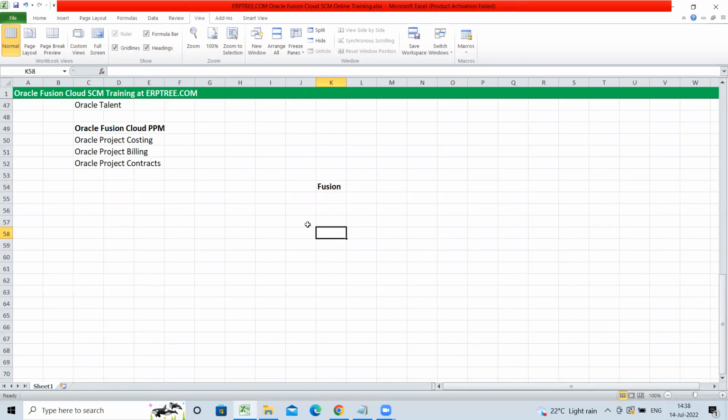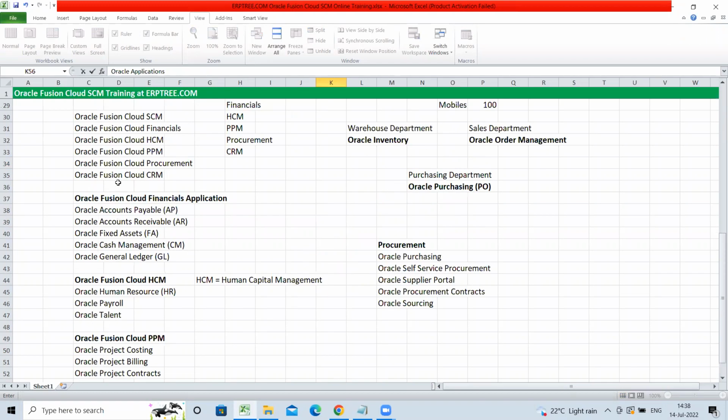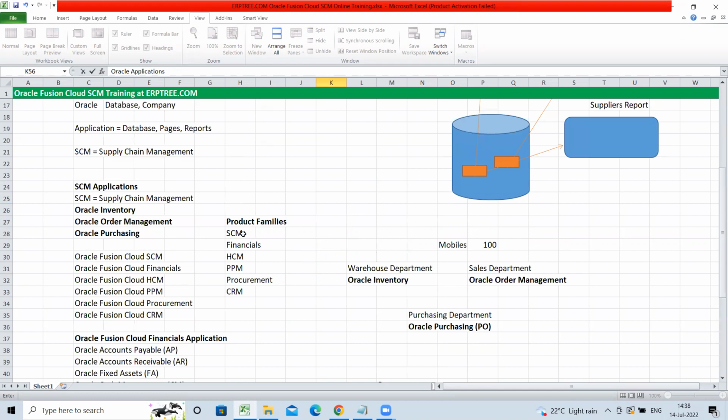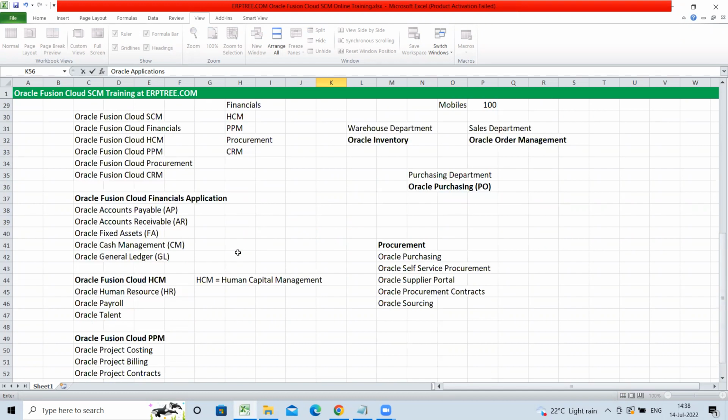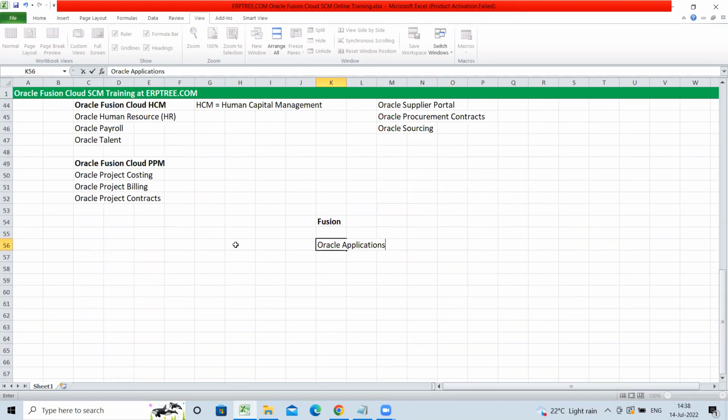Like Oracle applications, we have many applications in the market. Now we are talking about Oracle applications. In Oracle applications, we have many applications as we discussed, right? SCM applications, finance, SCM, PPM, procurement, CRM, and many other applications are product families we have. Same as Oracle applications, there are applications like